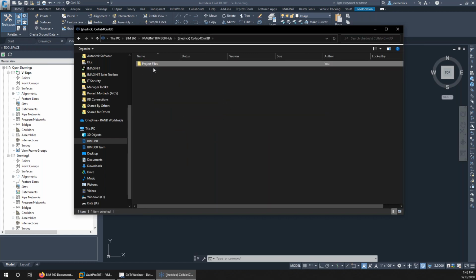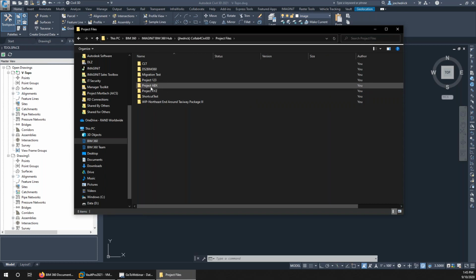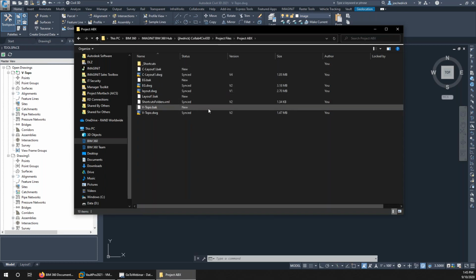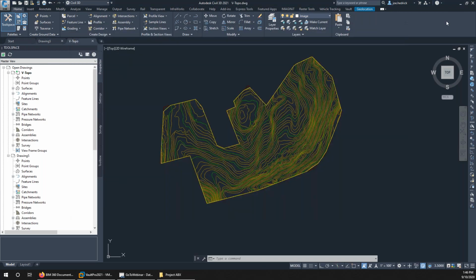So I've got this one called Collab for Civil 3D. I'm going to be working under ABX. So this is the folder that I'm going to be working on, right? I show this through Windows here, just hopefully to draw some correlations as I flip through it in the product itself. So the very first thing that I want to do with this VTopo drawing is